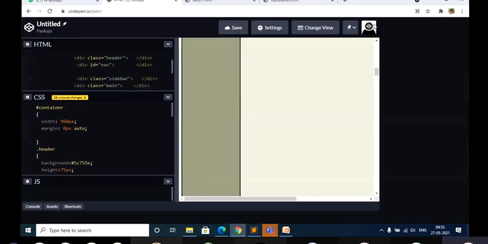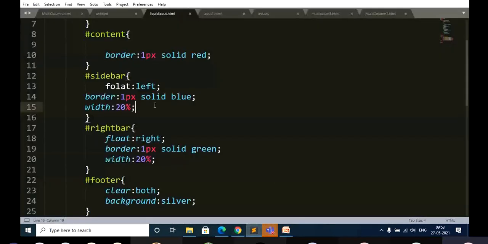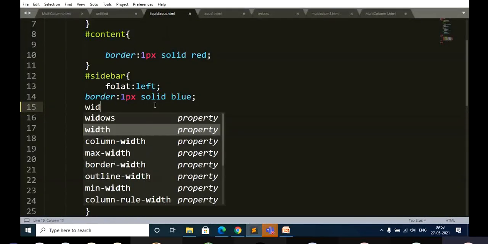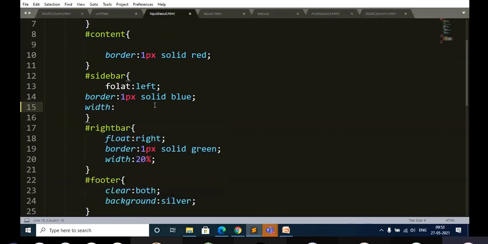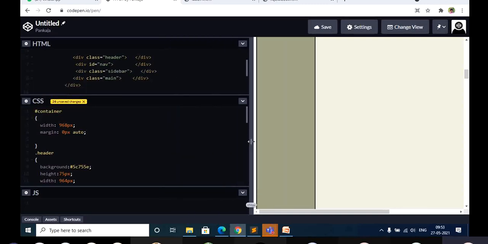But the thing is, here you won't get the list of properties or values the way we normally do. If I write width, normally we get all these properties and select accordingly. That is not going to happen in CodePen.io. But it is good to use so that you can observe the output in parallel.